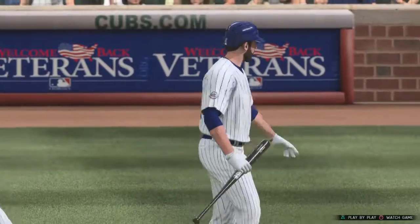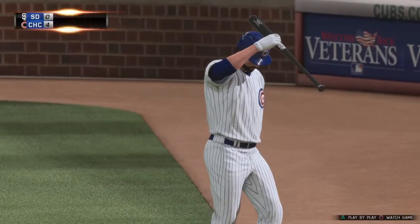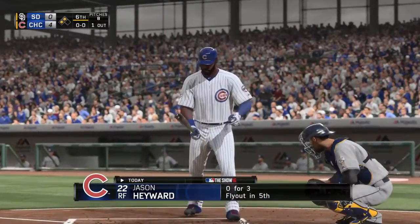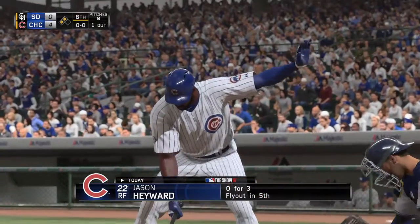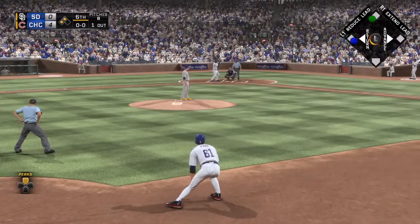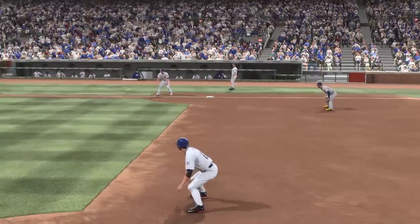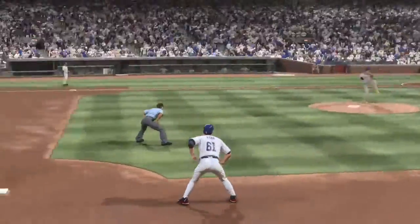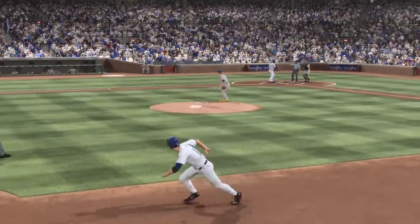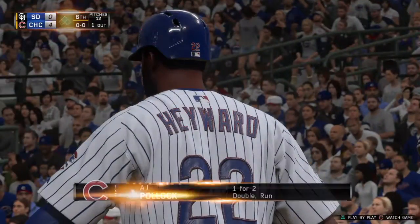Number 22, Jason Heyward. And they've done a good job keeping him off base at the top of the lineup. He's 0 for 3 thus far. Yeah, not really providing the spark that they usually hope to get out of him. Maybe he can make something happen right here. And there's ball 4 now, so the bases are loaded here on the intentional walk,